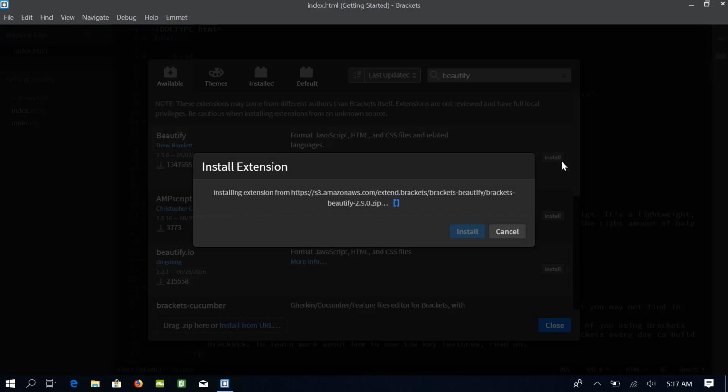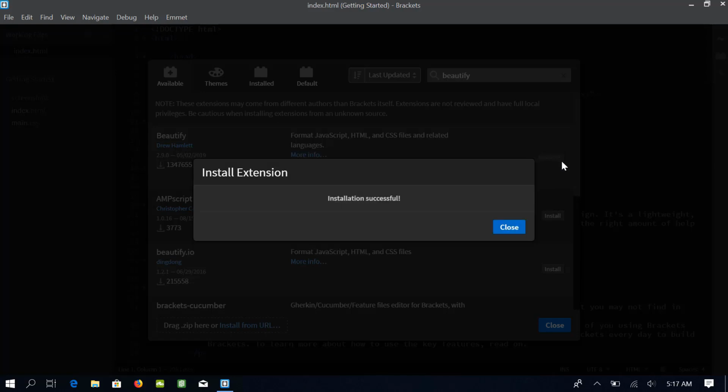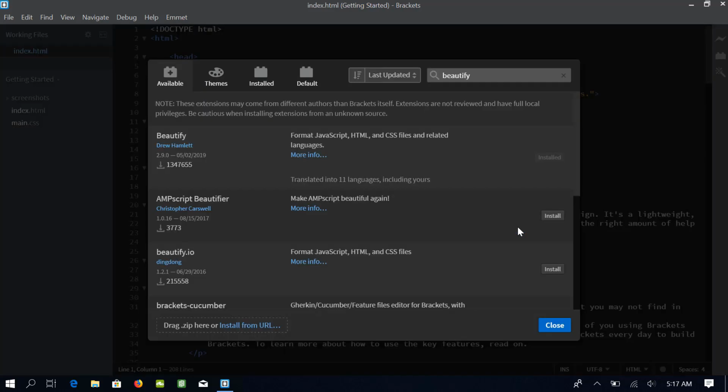If you guys are having any trouble understanding the use of these extensions, just wait for some time as I will be explaining the functionality of these extensions again once I use them. Click Close. The next extension which we want to install will help us to save our work automatically.